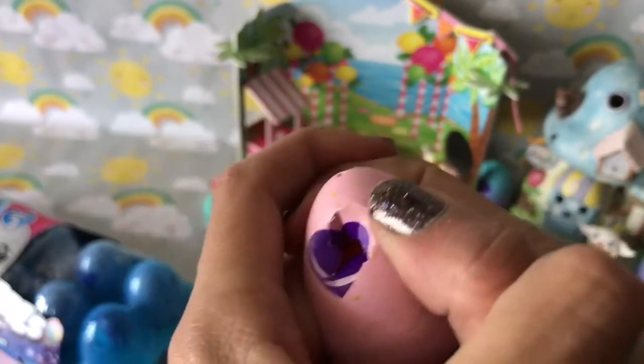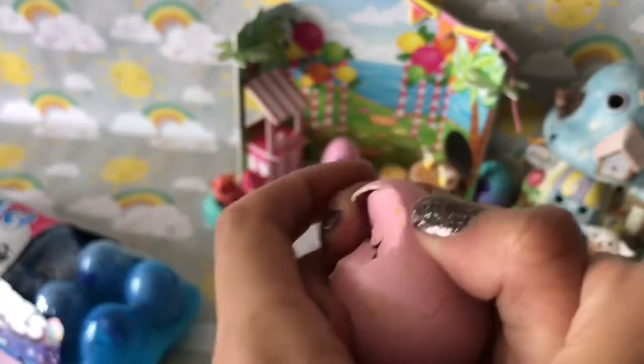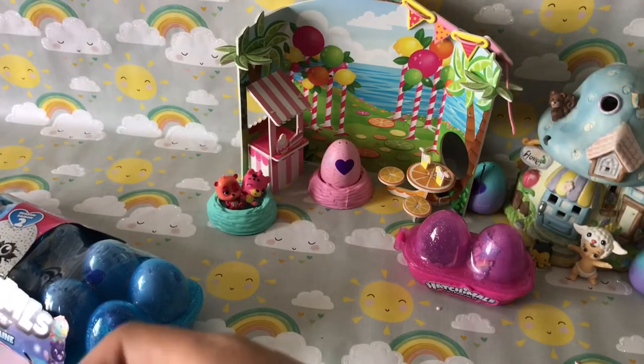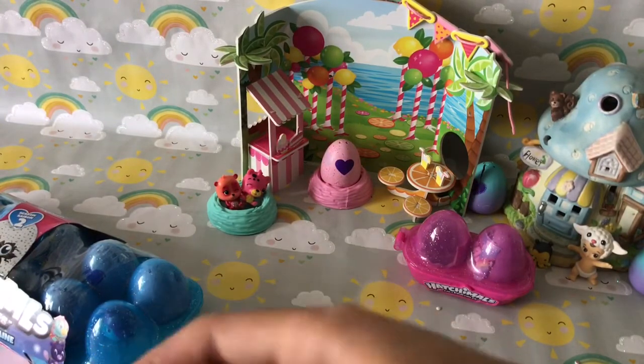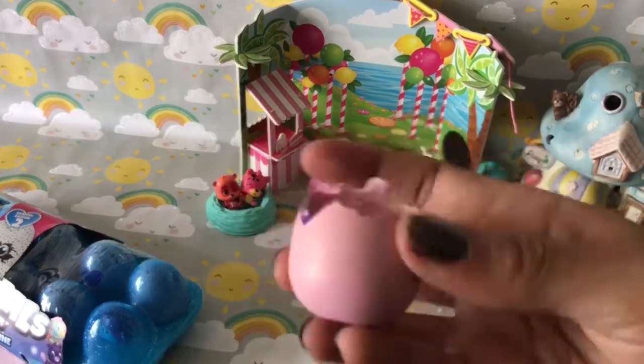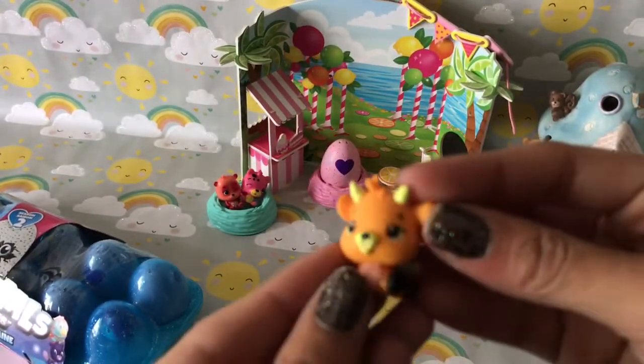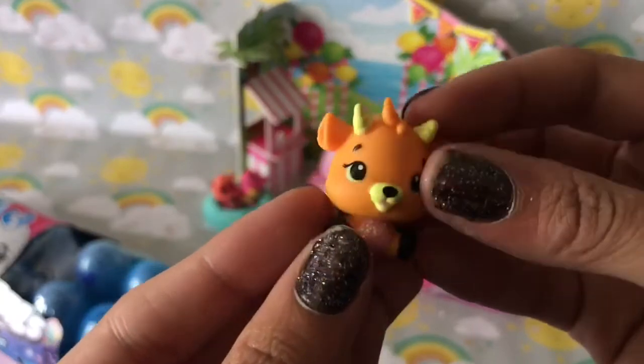I was like, that's so different and creative and innovative. I have hope for the future of toys and kids now. And I'm not any less enthused about these now that I know it's not like that, but